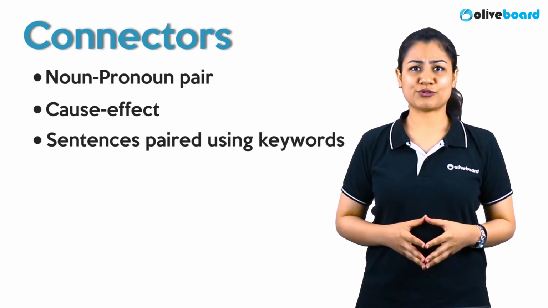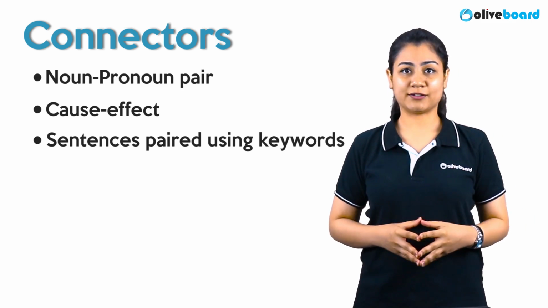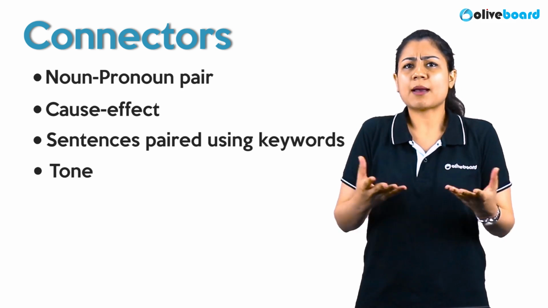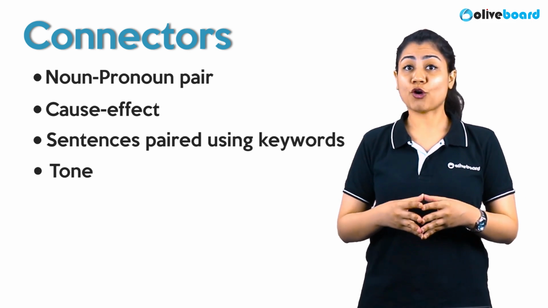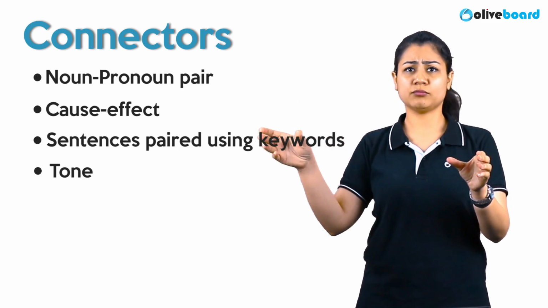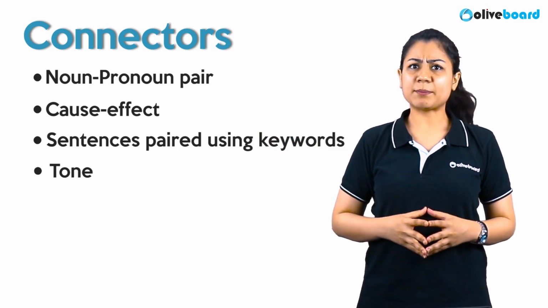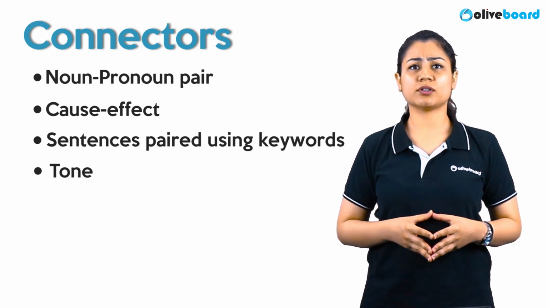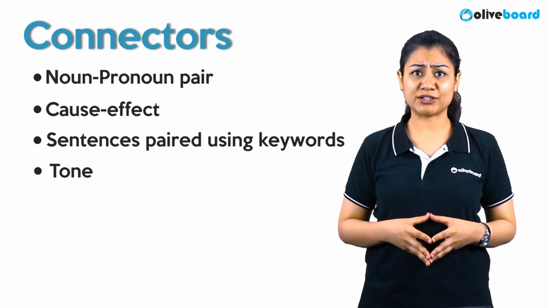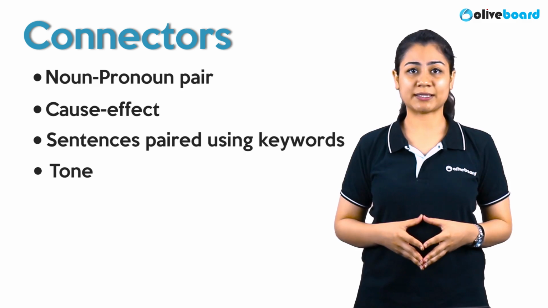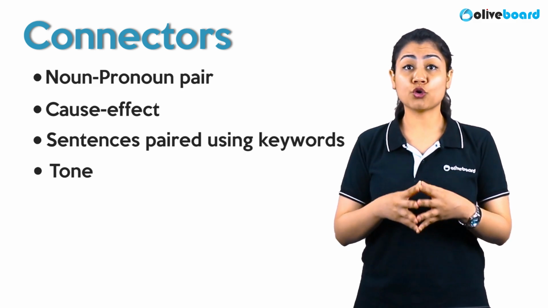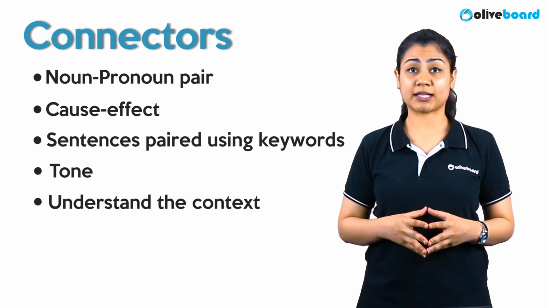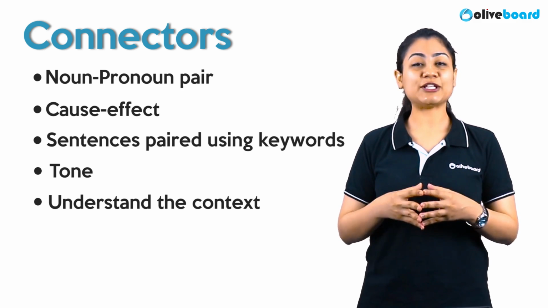Now there's a slight exception to this, which is our 4th indicator, which is tone. In case the tone is different, let's say I'm comparing coal and petroleum, then the order will be coal, petroleum, or vice versa. There sometimes may be a case where you don't have a keyword or all the sentences have keywords. Or maybe 3 or 4 sentences have a keyword. उसमें थोड़ा सा confusion हो जाता है. In such cases, you should go definitely by the understanding of the statement. कि statement आपसे कहना क्या चाह रहा है, or the tone of the statement,